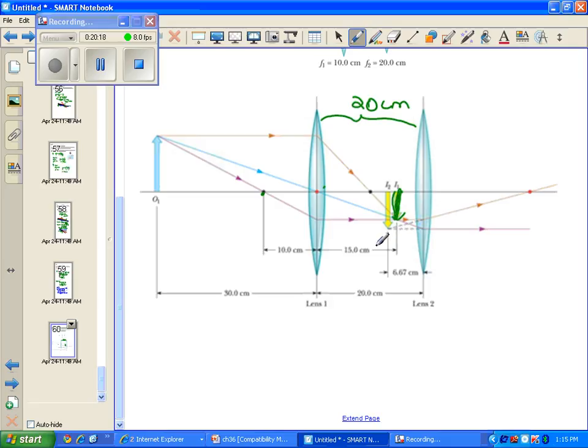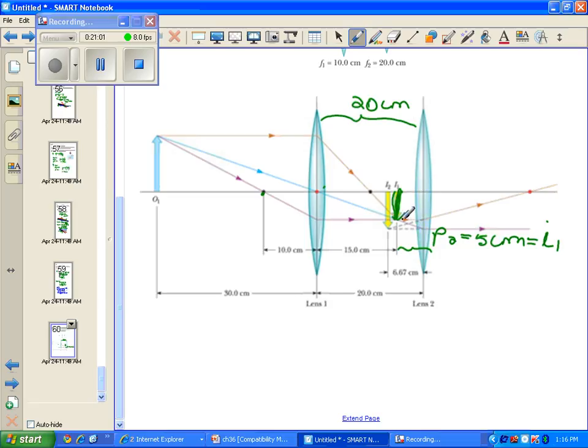Now, we will find, once we do a calculation, that I1 should, according to this diagram, be equal to 15 centimeters. Well, because this is 15 centimeters, you can see that P2, that's this distance right here, should be equal to 5 centimeters, and in fact, we'll verify that. So now we're going to use our I1,